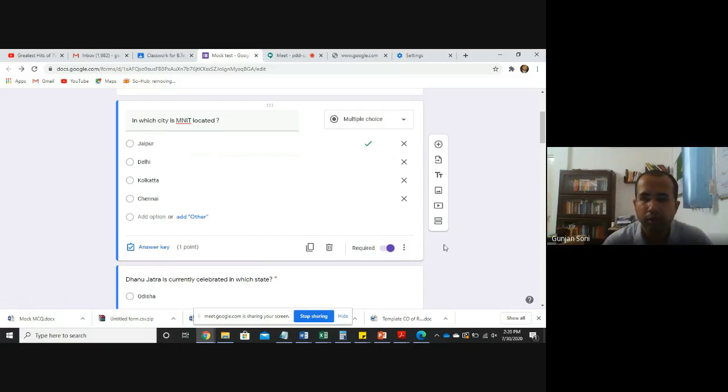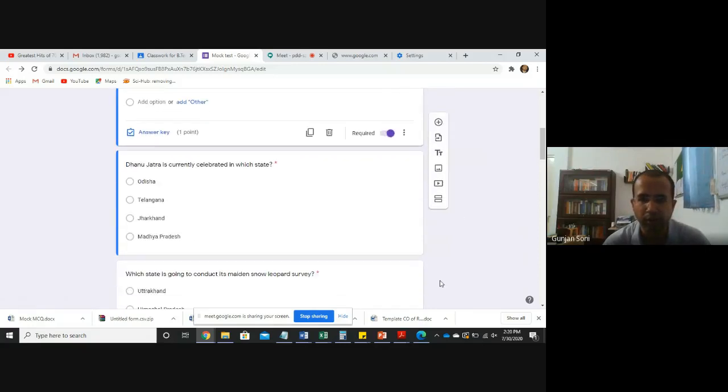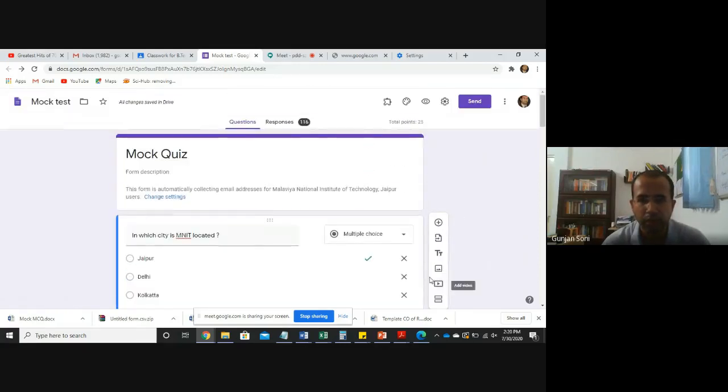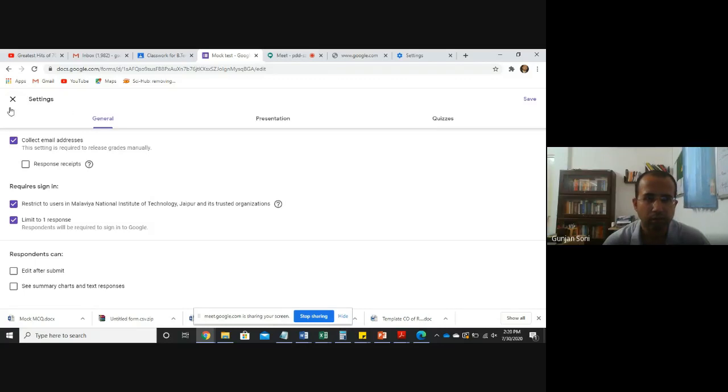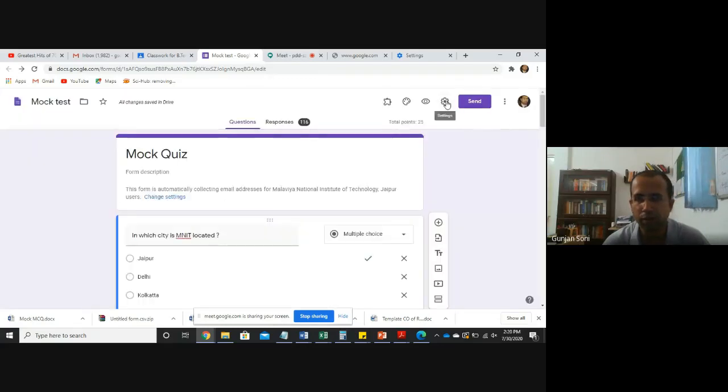Now, once we are done with this, we can do several other things. We can insert a video clip with the question. You can insert an image with the question, and we can also import questions from an already existing file. So that can be done. Now, several other important things that we need to do: we go to these settings over here of